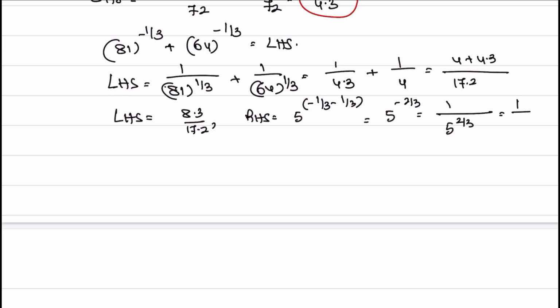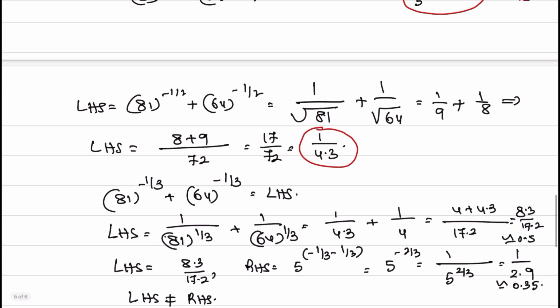One by 2.9. This will be 8.3 by 17.2. That is approximately, I can say it will be 0.5, and this is approximately around 0.35. And this 0.5 and 0.35, they are not equal. Left hand side is not equal to right hand side